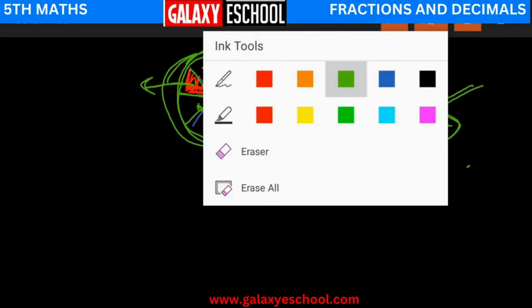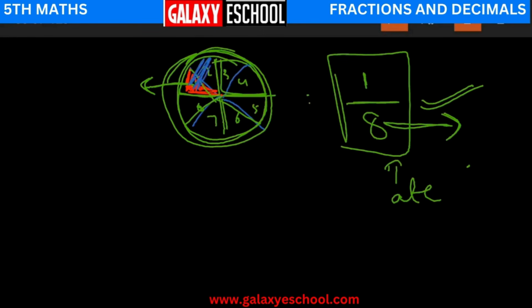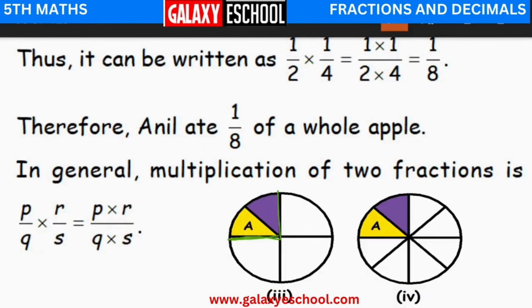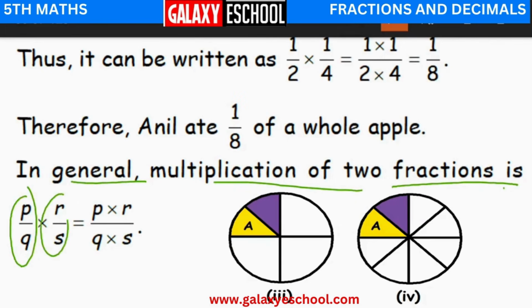How many parts did Anil have with him? Anil had this. That is nothing but 2 parts. Yes, Anil had 2 by 8, but he ate only 1 by 8. Understood, children, the concept? Anil had this part with him. That is nothing but 2 by 8, but he ate only 1 by 8th of the apple. So in general, multiplication of two factors, say P by Q and R by